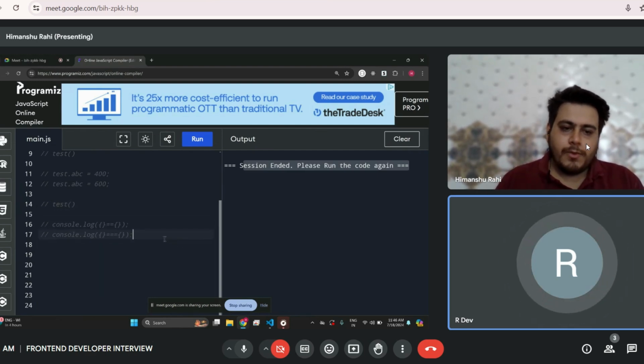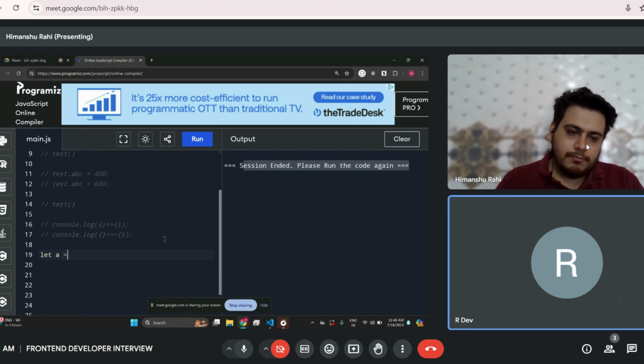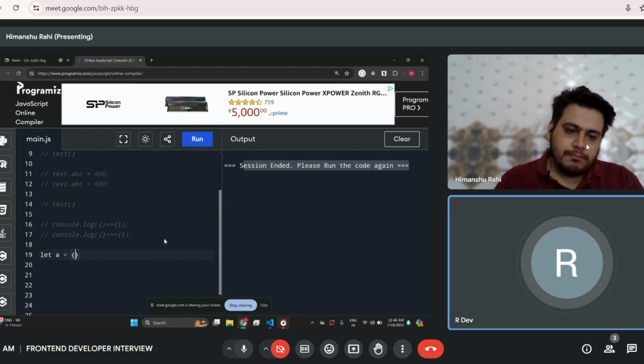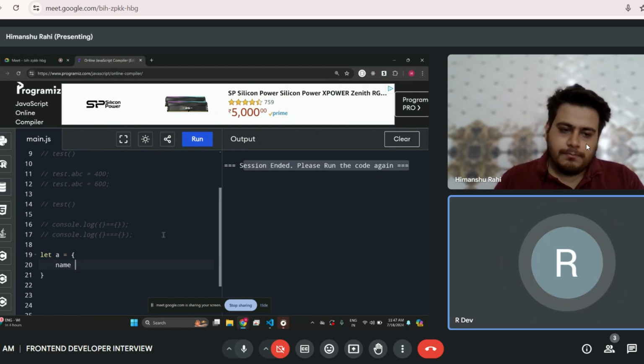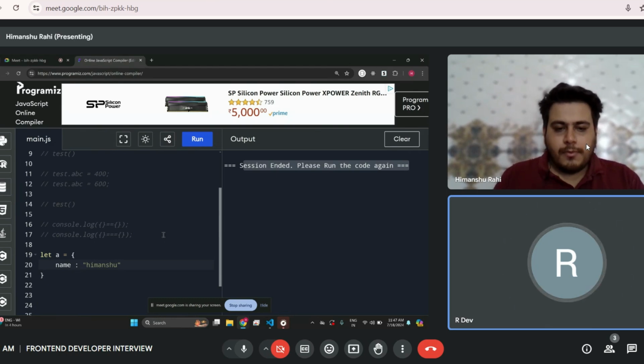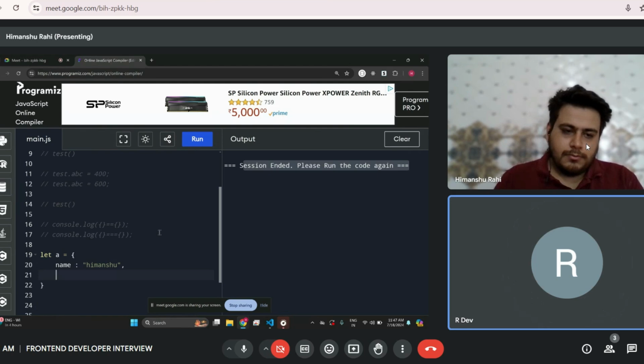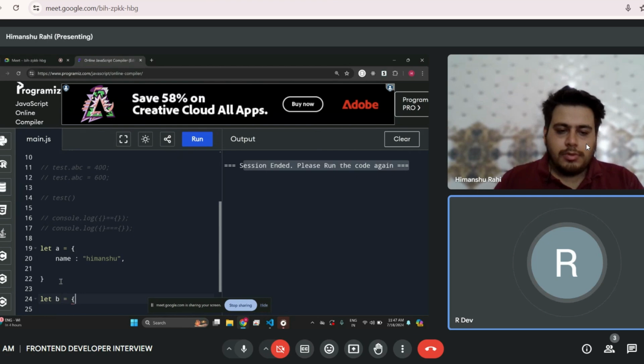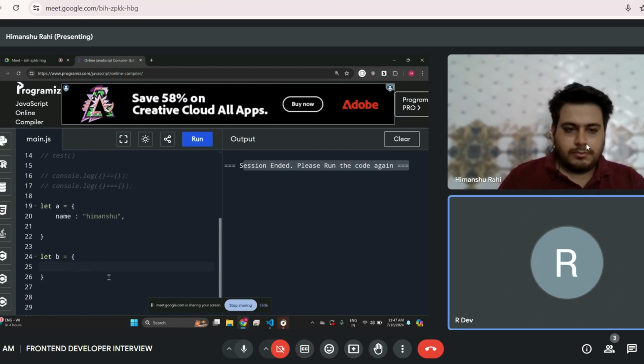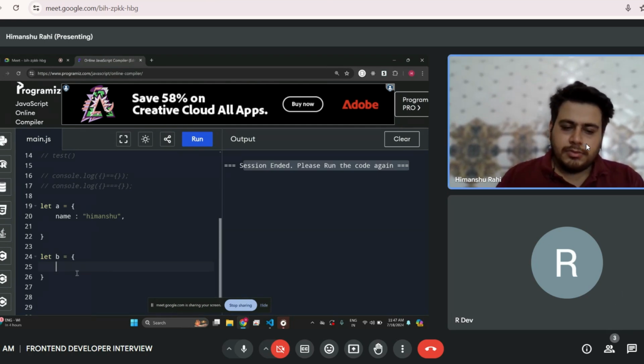Can you create, just comment this. Create an object inside that, write name. Whatever name you can write it down. Okay. So now write another object, outside. Write triple dot a.